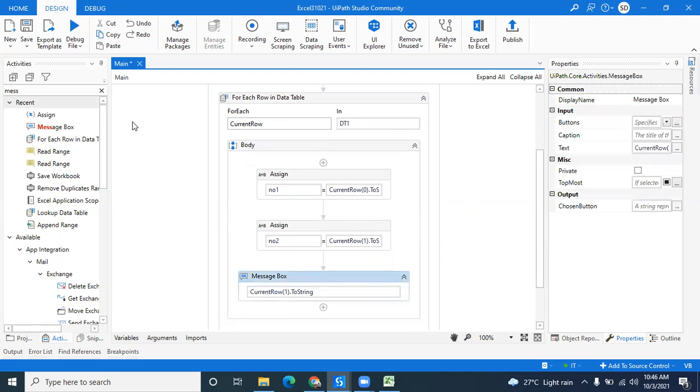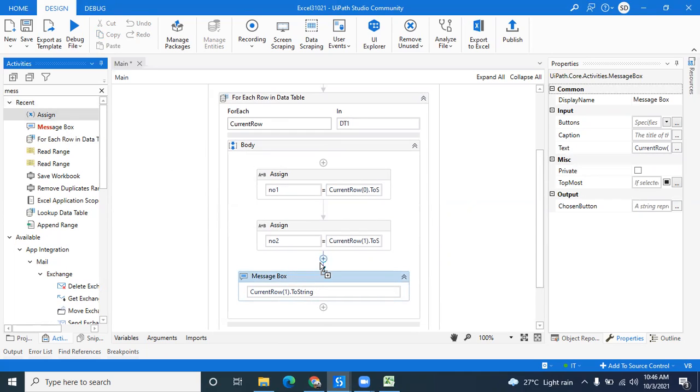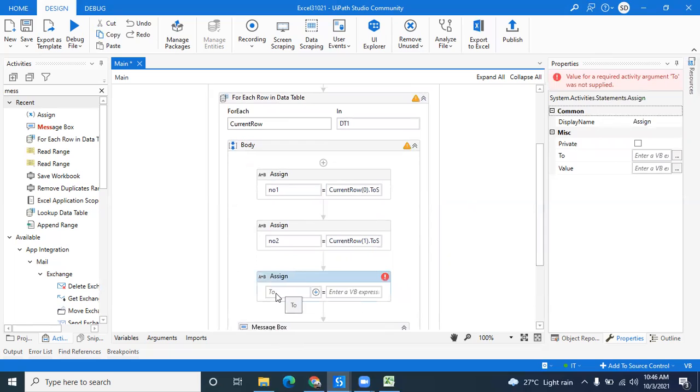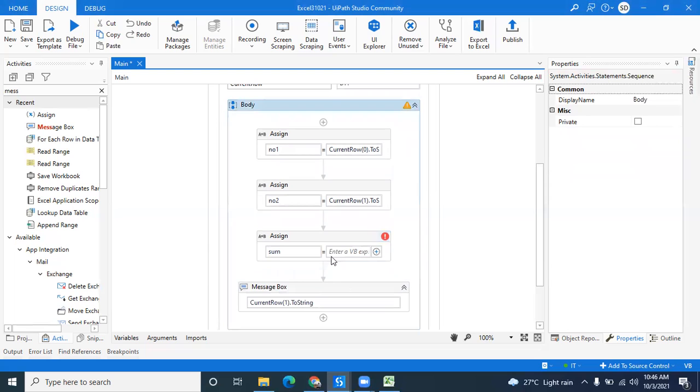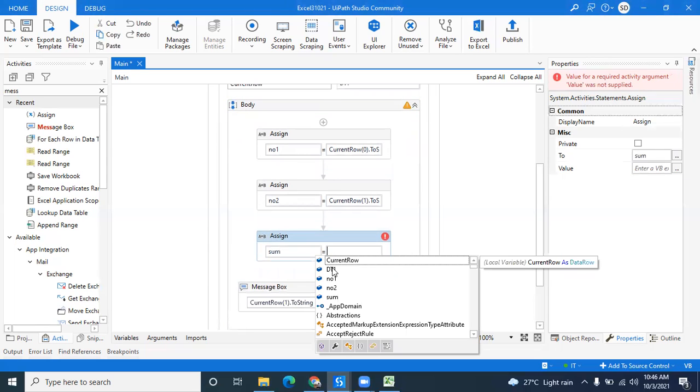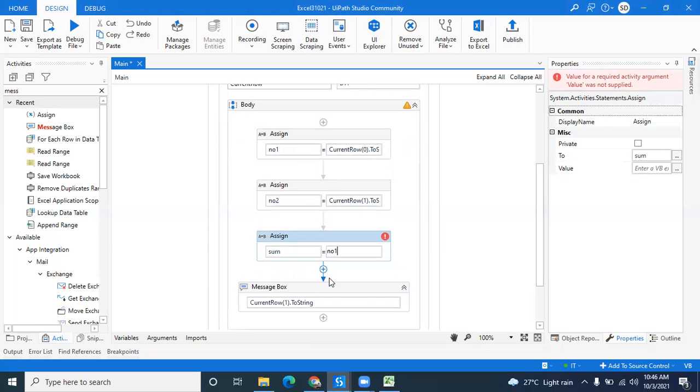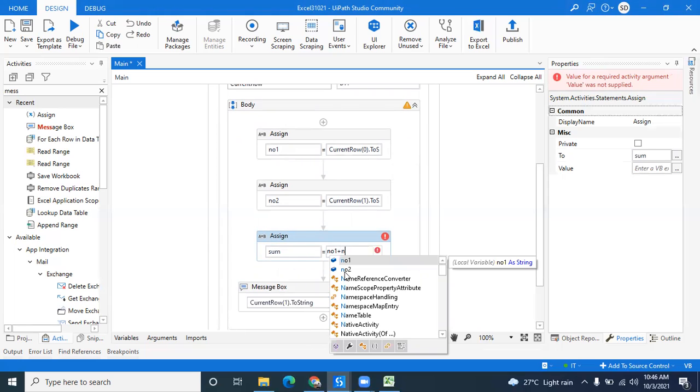Now we can directly take a third variable. Yes, Control K, and we can put it as sum. This is the third variable I am taking, and here we can pass number 1 plus number 2.